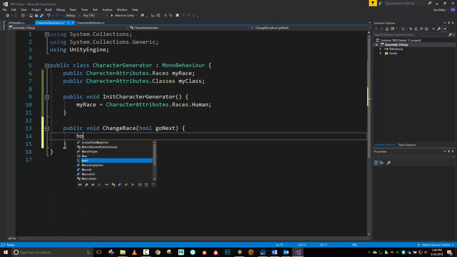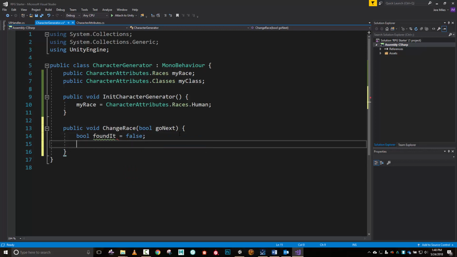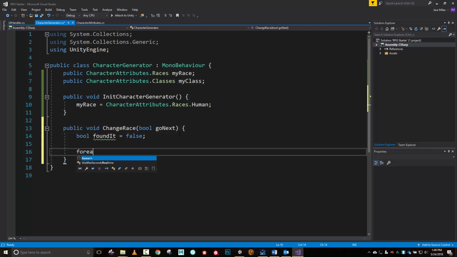And the way I'm going to do this, I'm going to use a bool. I'm going to call this found it, and I'm going to set it to false by default. And then I'm going to create a foreach loop to go through everything. So foreach CharacterAttributes.Races this race in, and the way that we enumerate, the way we iterate through this so that we can get what we're after is going to be through